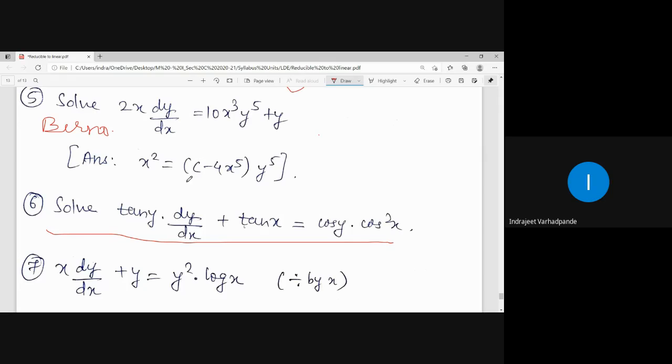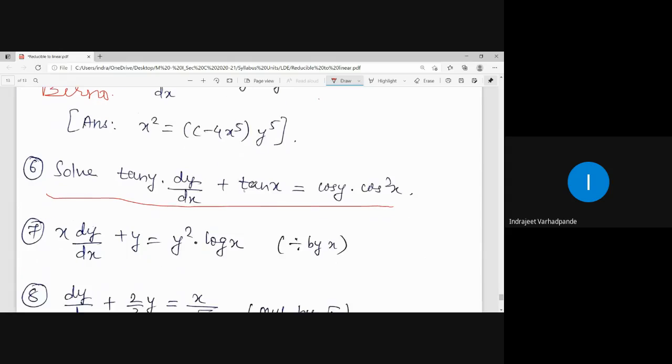But for that we have to do something first. What is the form number 1 reducible to linear? f dash of y dy by dx. Divide by cos y, this is the term which has to be removed. So tan y upon cos y. Here also it will be 1 upon cos y, and from here it vanishes. What is 1 upon cos y? Sec y. So this will be sec y into tan y dy by dx